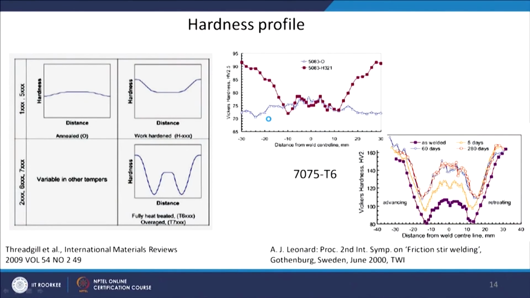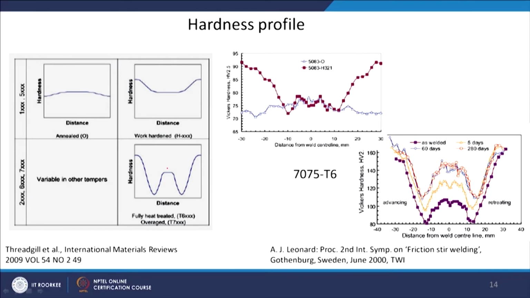Okay. Now, what is the effect of this on the mechanical property, for example hardness? Okay. So, in this schematic there are 3 conditions shown. Okay. For aluminum alloy, basically you have the annealed condition. Okay. And in aluminum alloy there are 2 different sets of alloys, one which are precipitation hardened and another which are non precipitation hardenable. Okay. So, in those materials you can have work hardening.